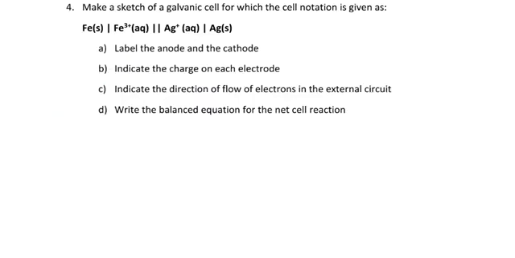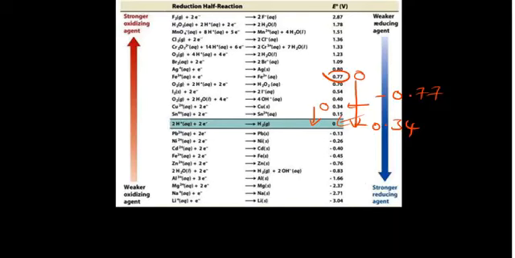Now if we look at question 4, we need to make a sketch of a galvanic cell. We've been given the shorthand of a cell notation. So how do you convert that? Usually the left is the anode, that is the cathode. We can confirm by looking at the potentials that we have. Let's compare iron and silver. So if we check where iron is, that's where we have it. Then Ag, which I believe should be gold, is